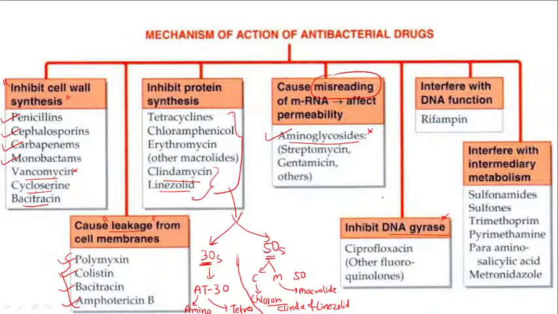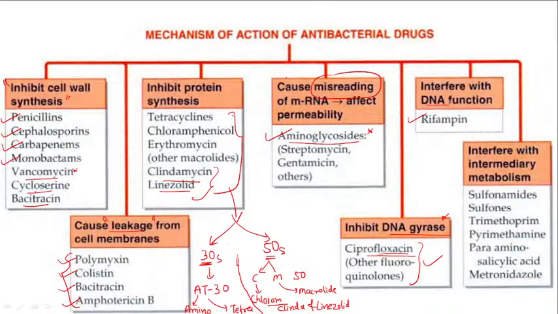Quinolones and fluoroquinolones bind with this enzyme and inhibit it. So fluoroquinolones work through this mechanism. Only one category. What is that? That is fluoroquinolones. And what is for misreading? Only one category. What is that? Aminoglycoside. So very easy. Another thing is the drug which interferes with the DNA function, that is DNA polymerase,